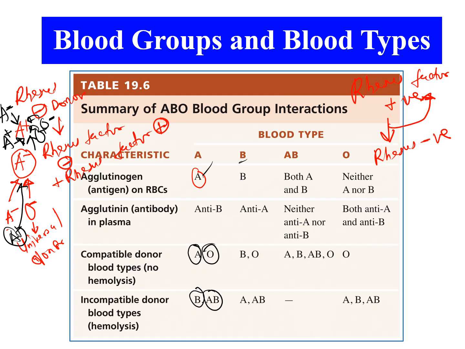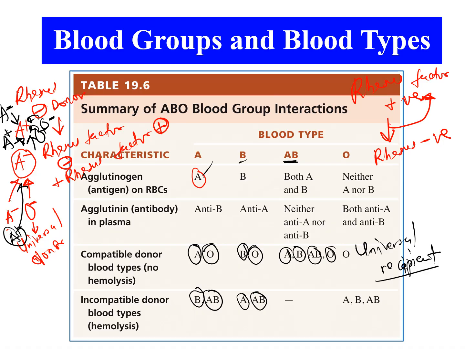B can receive from B and O, but cannot receive from A and AB. Then AB is a universal recipient, meaning it can receive from all types of blood group. It can receive from A, B, AB, and O,